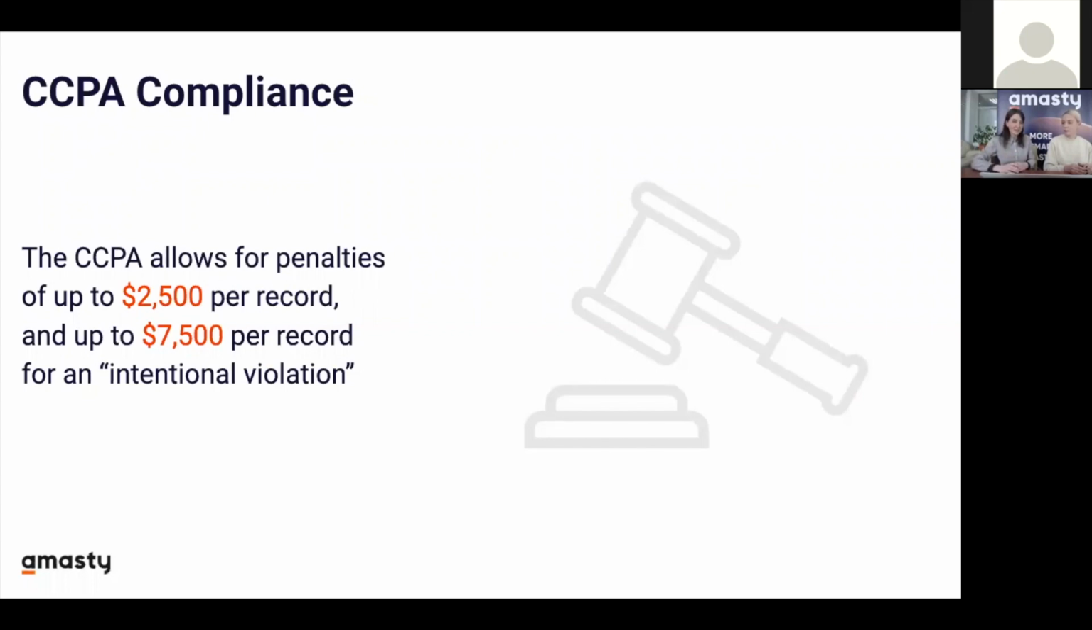But just to give you an idea of the amounts that these penalties can reach, the CCPA allows for penalties of up to $2,500 per record or up to $7,500 per record for an intentional violation. And as you can imagine, this can be a big deal for large corporations that hold thousands and millions of data records. And according to the CCPA, corporations and businesses must comply or provide their consumers, their customers, with a